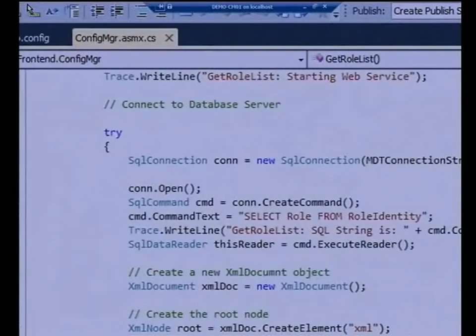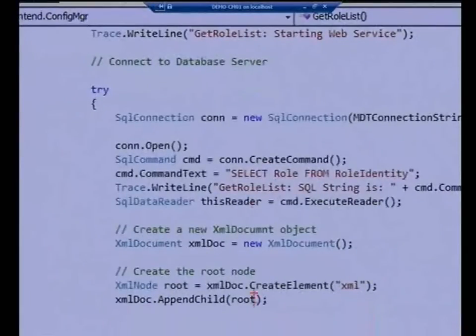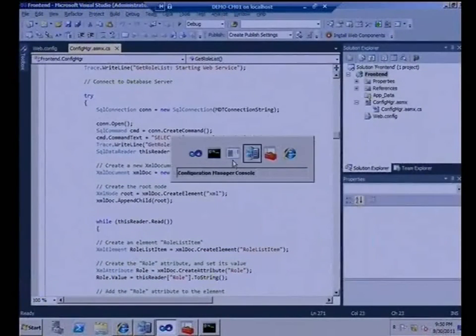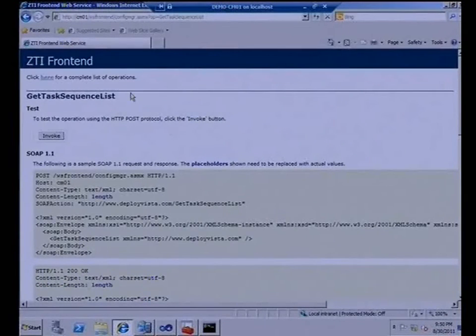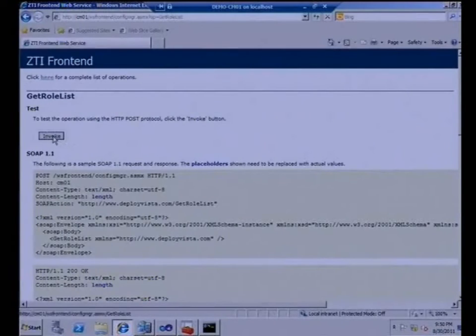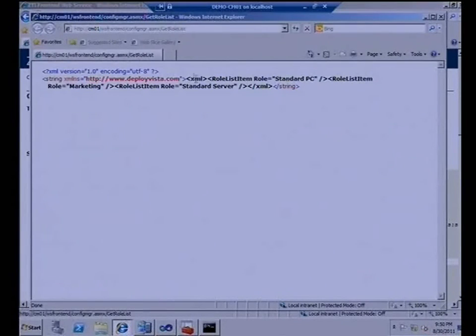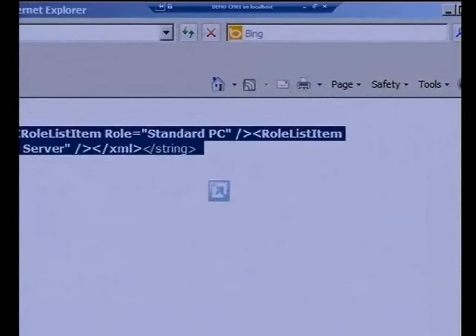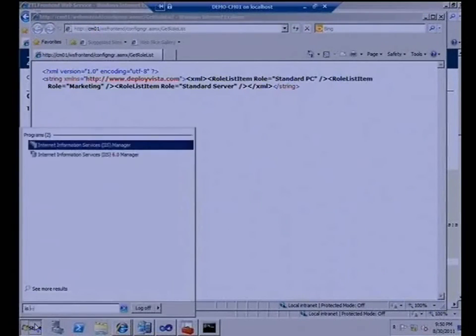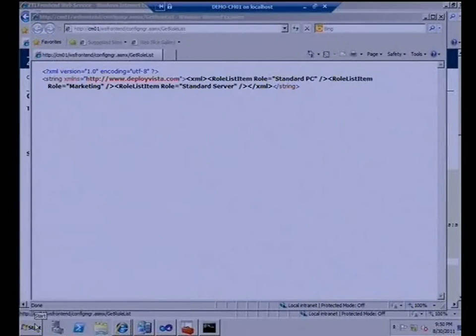So I'm basically doing a select from the database, and I'm generating an XML document, and I put the record set in it. The beauty of a web service is that I can run it on the server side to verify I'm getting the correct information. All right, apparently listing a few roles here as an XML file. My HDA is consuming that. So the only thing that you need to do on the server side is to fire up IIS Manager